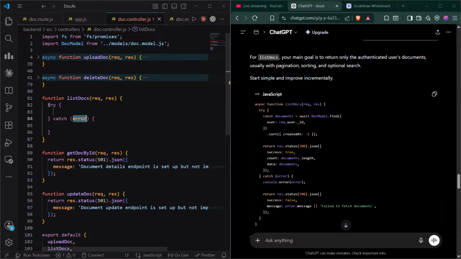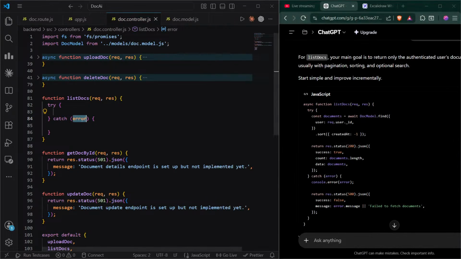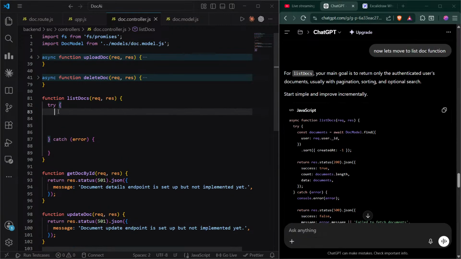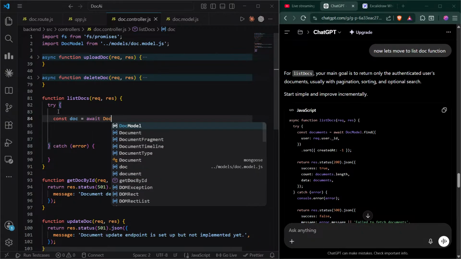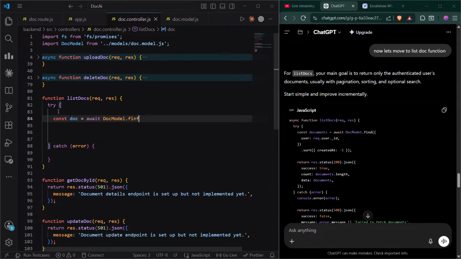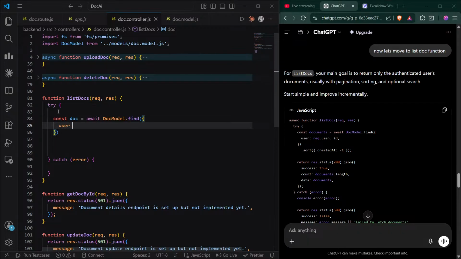Here with a try catch block, const docs is equal to await docs model dot find, user request dot user dot slash id.